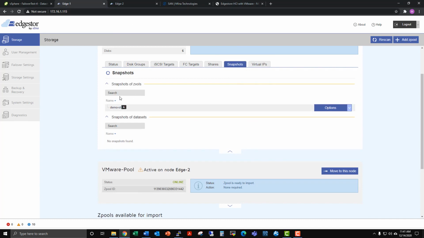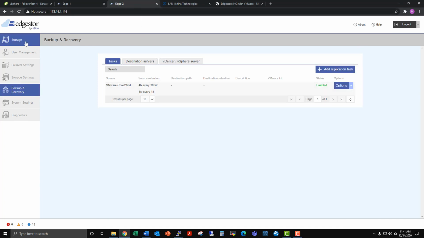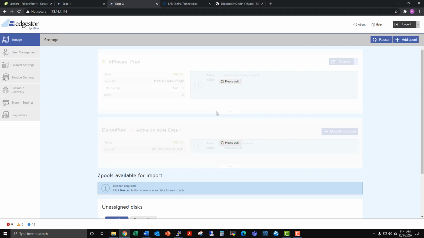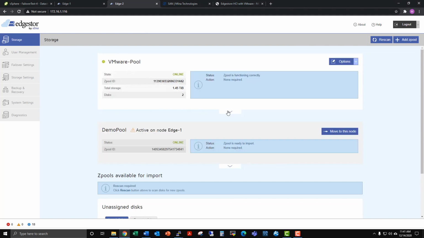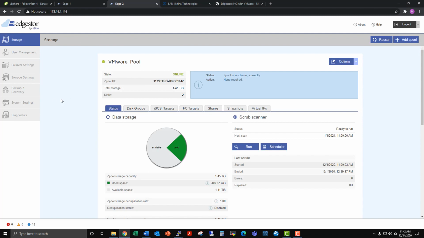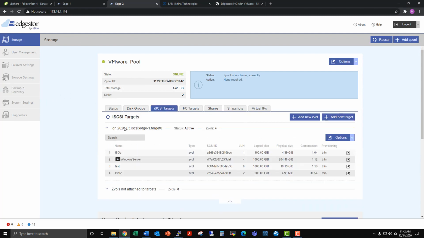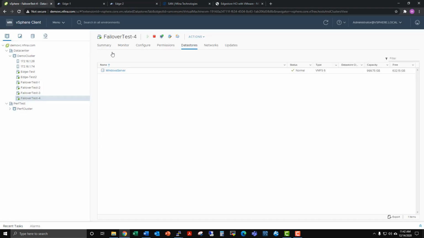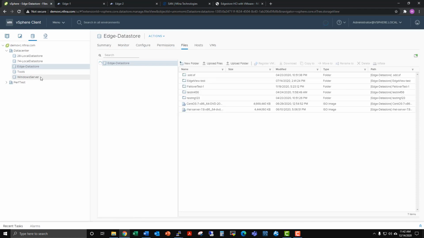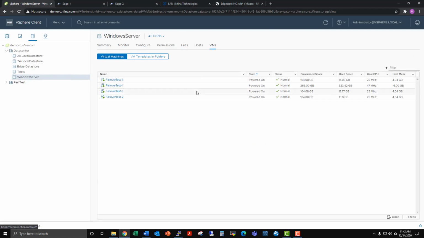While we're waiting on that to populate, I will give you a quick demo of a restore here under the VMware pool, because I already have a task running on the Windows Server LUN, which is this data store under VMware that houses these 4 VMs. So if I were to go to this Windows Server data store, I would see that it's running 1, 2, 3, 4 VMs